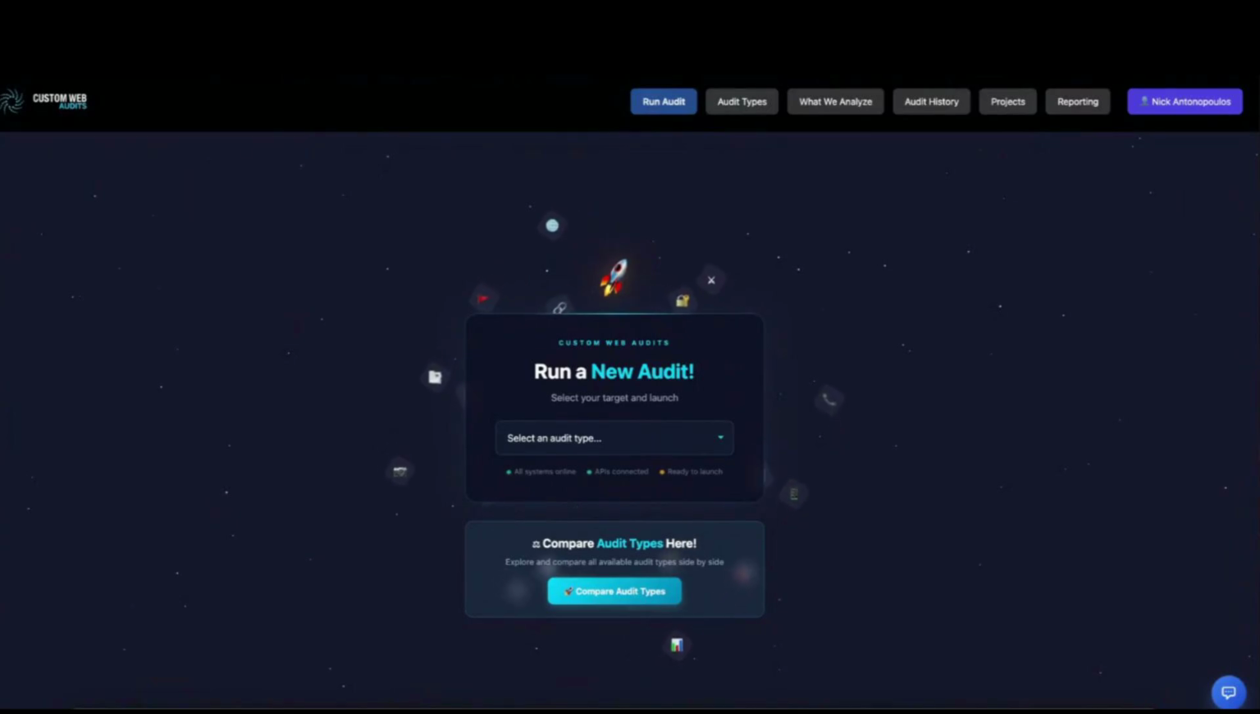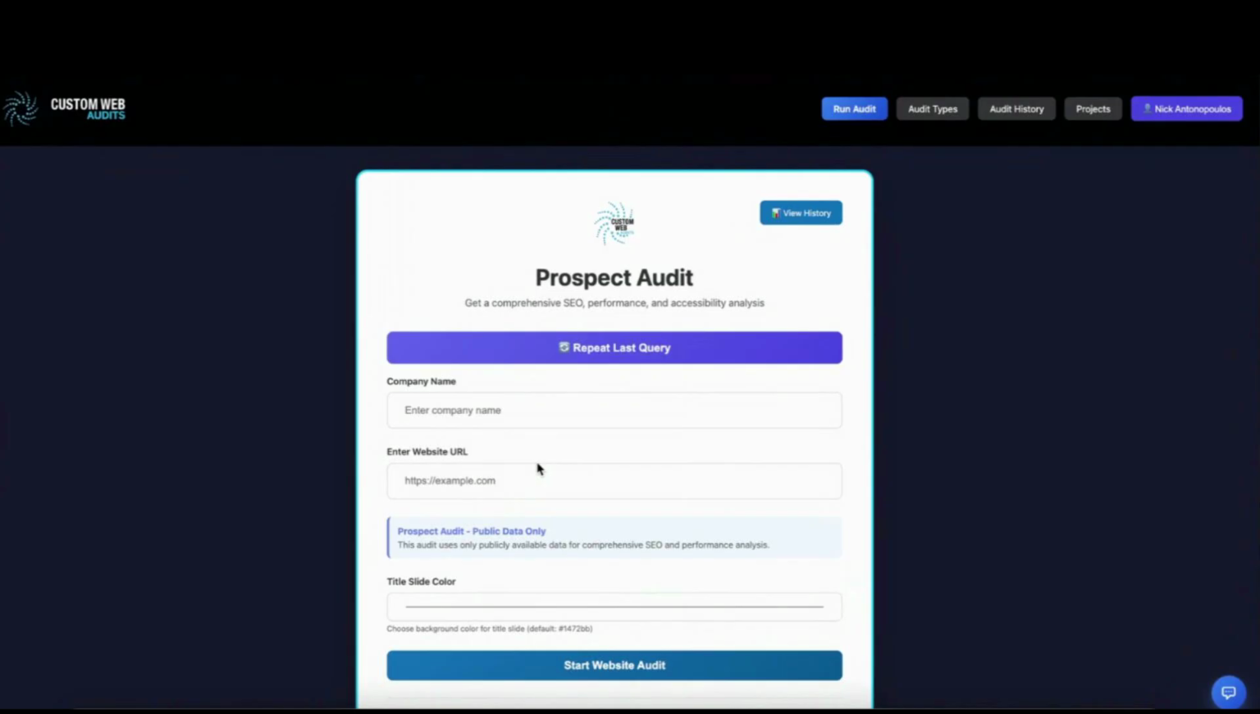Let's now run a prospect audit. A prospect audit is great if you want to check on a competitor or if you want to see information about your business without having firsthand access to Google Analytics, Google Search Console, or Google Business Data. The prospect audit will identify expected traffic, backlink information, and so much more